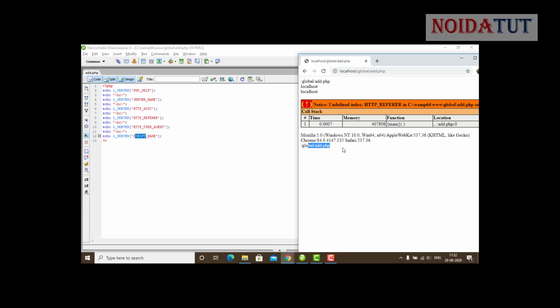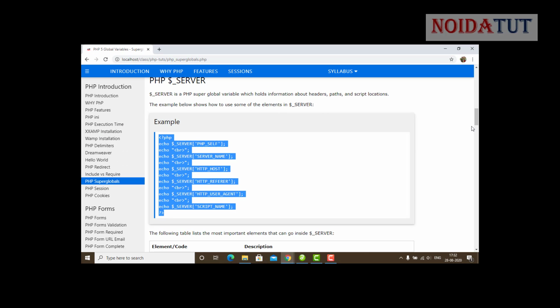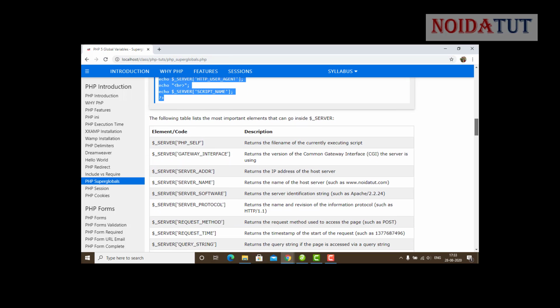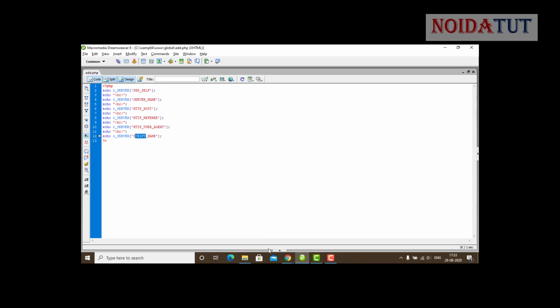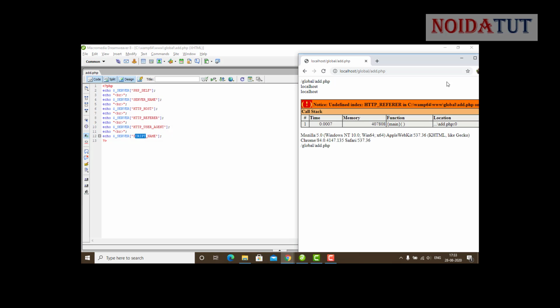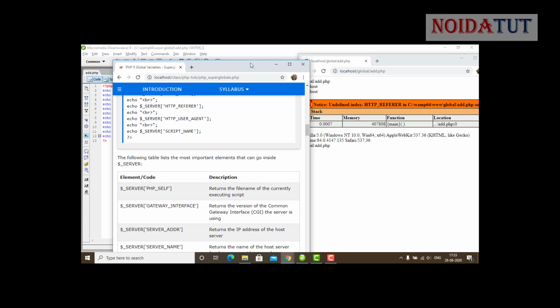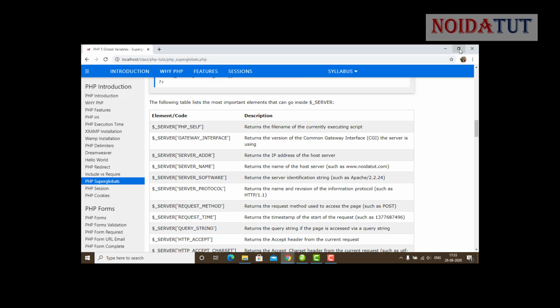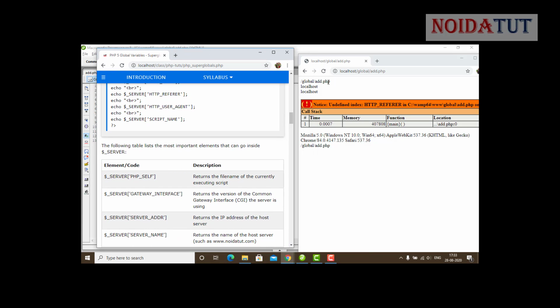This is the script name that we are trying to run. Self returns the file name of the currently executing script. It has returned the current file name script.